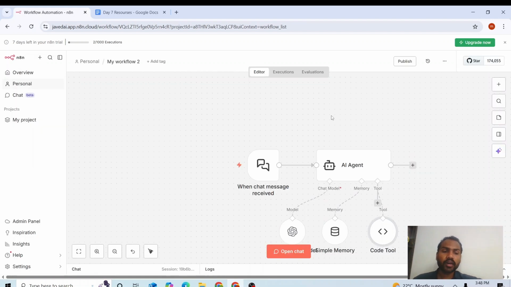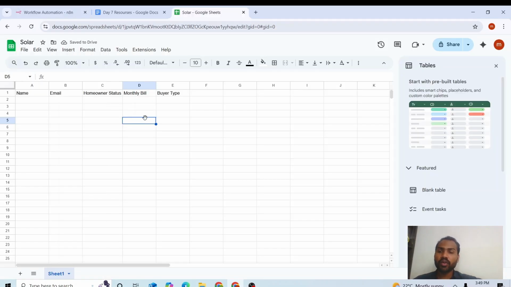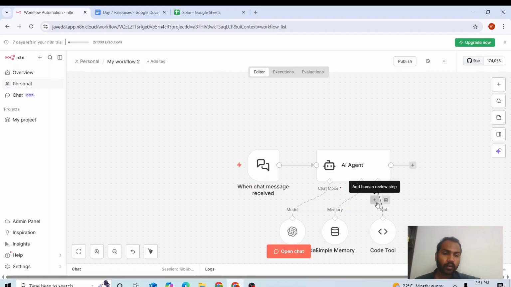Okay, so our AI agent is almost ready. Now we have to create an Excel sheet where our data is stored. So you have to create this sheet and name these columns like name, email, homeowner status, monthly bill and buyer type. Okay, so after setting up our Google Sheets,